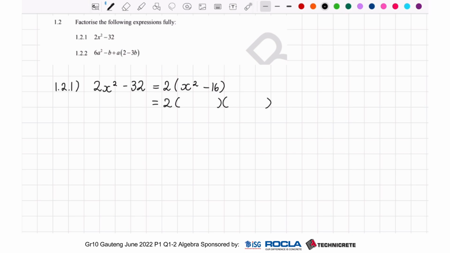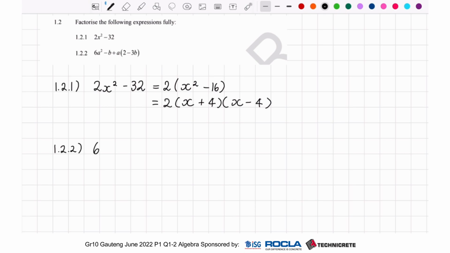And the first term in both of the brackets is going to be the square root of the first term in the original bracket. So for each one, the first term is going to be x. And then for my second term in both of the brackets, I'm going to have the square root of the second term from the original expression. So for both of them, it's going to be 4. And then in one of my brackets, I'll have positive, and in the other brackets, I'll have a negative sign. And now I can't go any further, so this is fully factorized. Then for the next one,